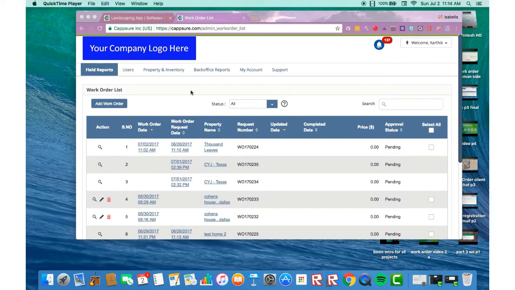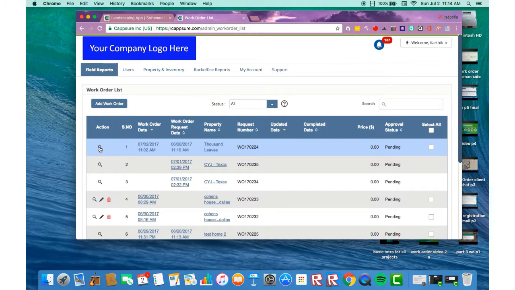Now let's check out this work order we just created. So all you have to do is see, okay, this is from the property name Thousand Leaves. The work order request date was 6/28/2017, and here's the work order date, which is today, 7/02/2017. If you click the magnifying glass, you'll see View Work Order right under it. So just click it,